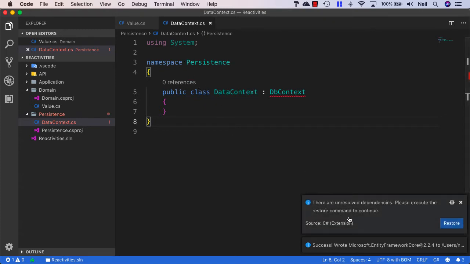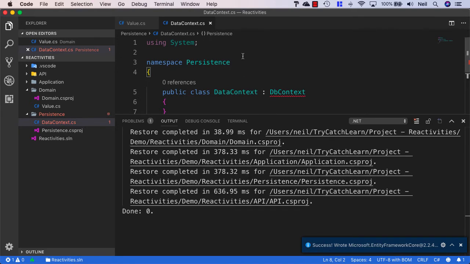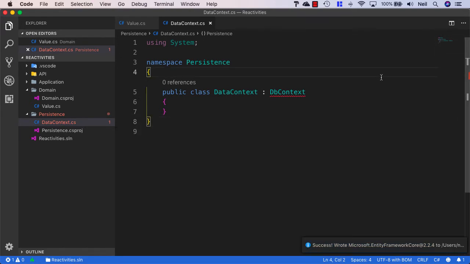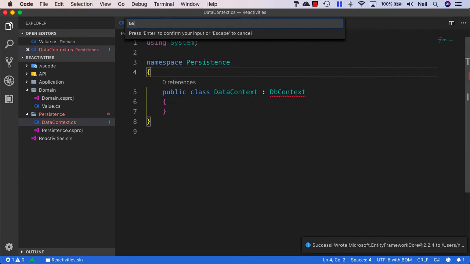It will give us an option to restore so that these packages are installed and available inside the persistence project. So I'm just going to click restore, and this will go ahead and make this available. But as I mentioned, we also need the SQLite version of this. So I'm just going to repeat this. I'm going to say NuGet Package Manager: Add Package, and then I'm going to say Microsoft.EntityFrameworkCore,